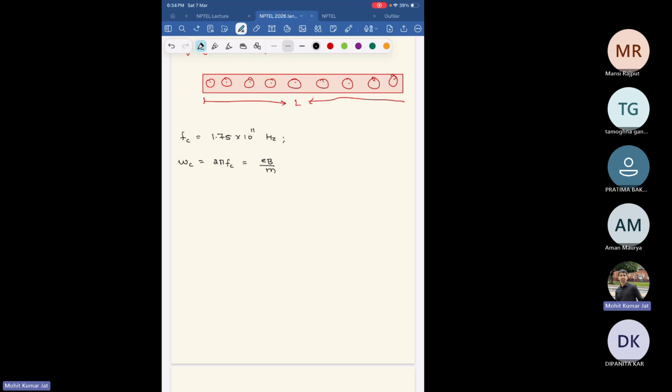Omega c, we know, the cyclotron frequency is eB by m, right? So we estimate B to be 2π Fc times the mass of the electron by the charge,